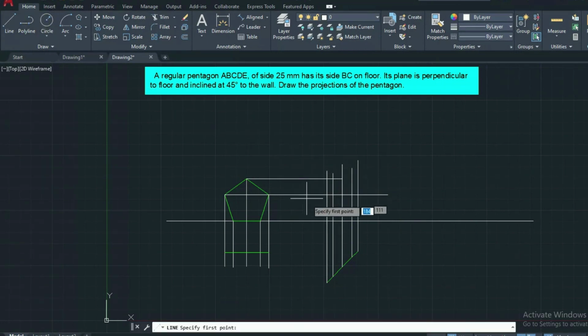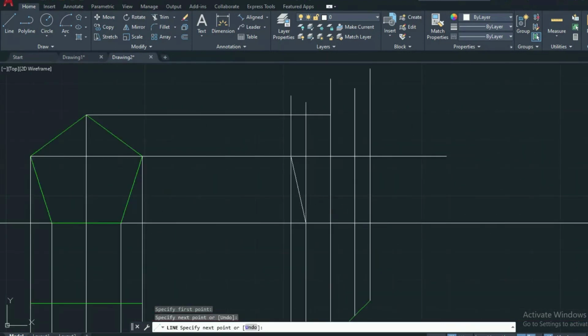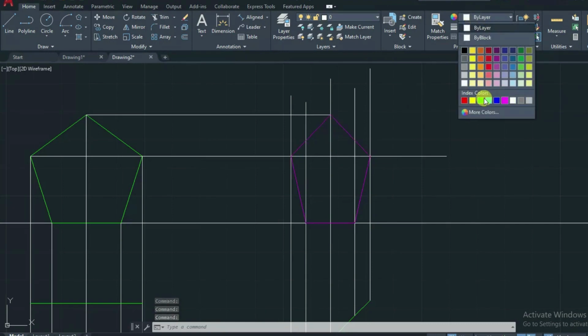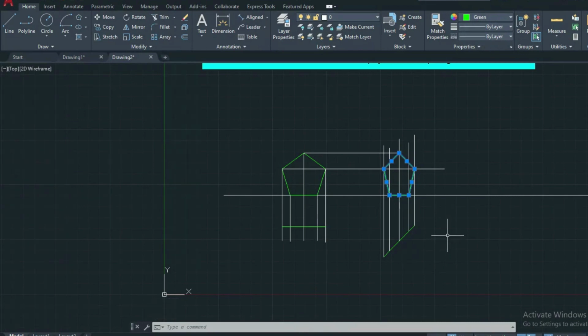By using line or polyline, we can draw the shape. See, now we can get the inclination of 45 degrees.